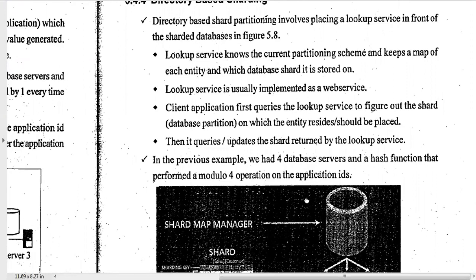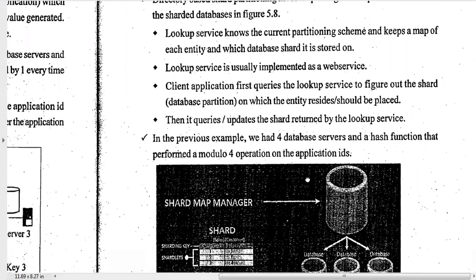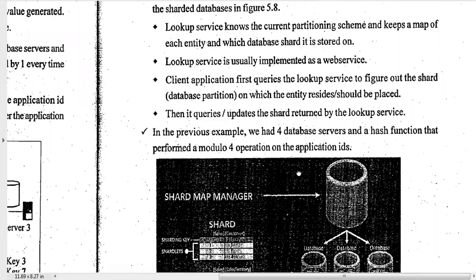It is a kind of directory where you can search where a particular set of data or table should be saved, in which shard or which node. Those details are available in the lookup service.